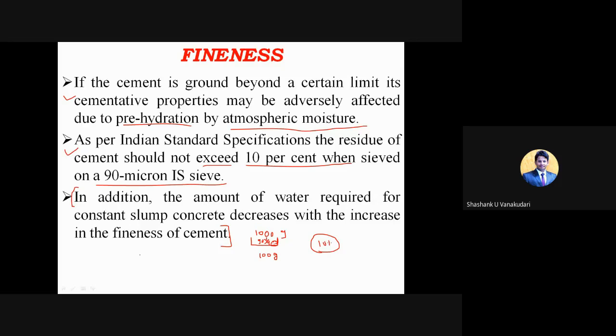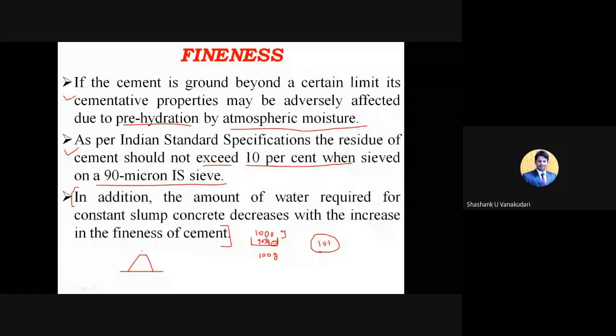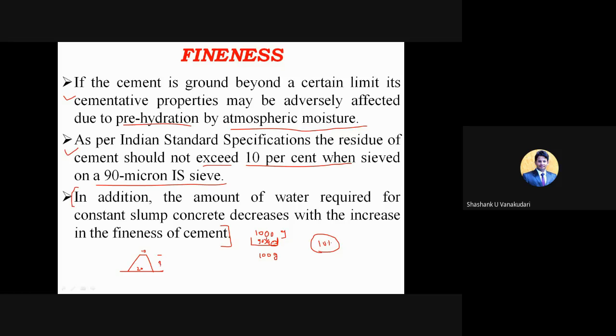Okay, slump is again something diploma students might be knowing. It's with a particular cone shape. The dimensions are 10 centimeters for the top diameter, this is the bottom diameter, and the height will be 30 centimeters. So when you remove this slump cone, you want to achieve the maximum height of retaining of that concrete. So all these things matter in the fineness part. I will explain these concepts in the fresh concrete part so that things will get clear.